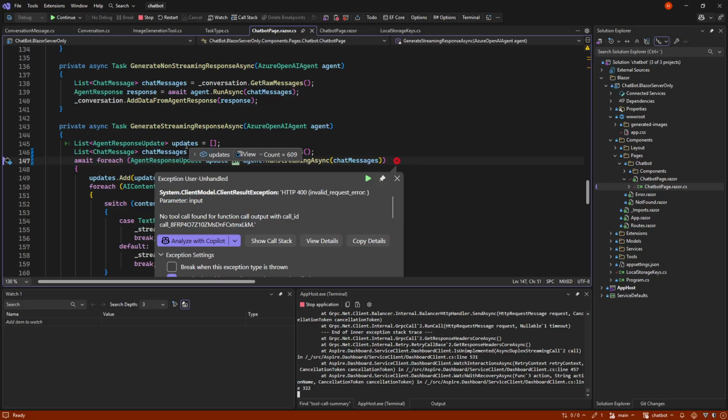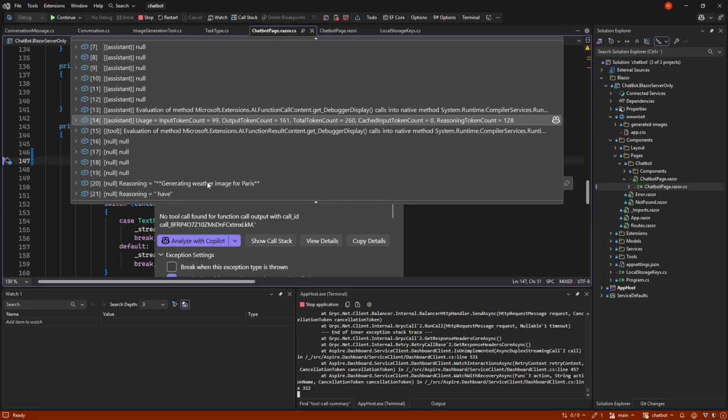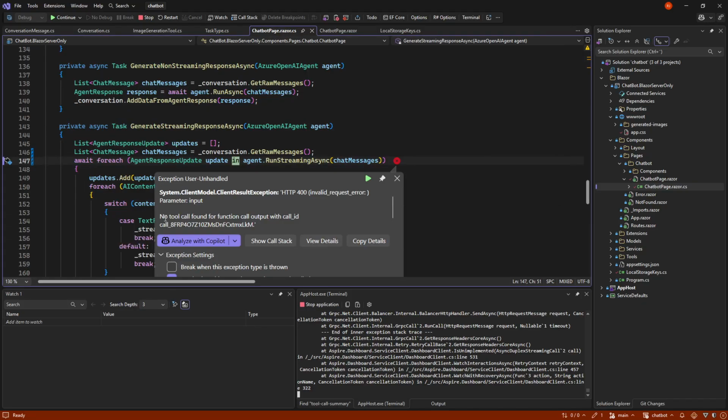Because if we go in and begin to look at these updates behind the scenes and find the tools and stuff, the tools are there, but they just say it doesn't exist. And there are some internal guards in Agent Framework, so I think it will be an Agent Framework problem here, that something is being checked in an incorrect manner, where they always want to have a tool request and a tool response. This error message is essentially saying that no tool found for function call output with call ID. So it says it has an output, but it couldn't find the request itself.